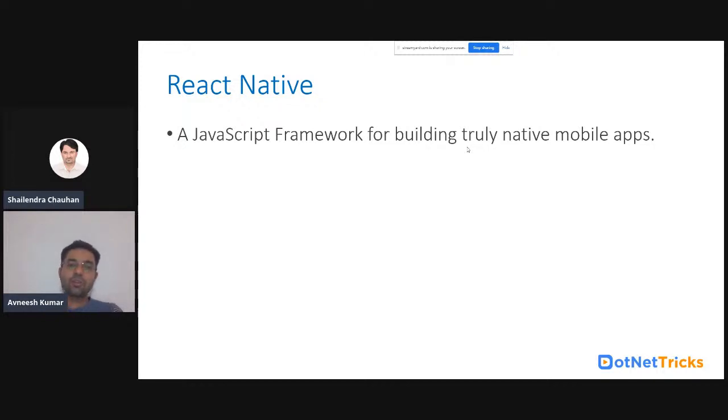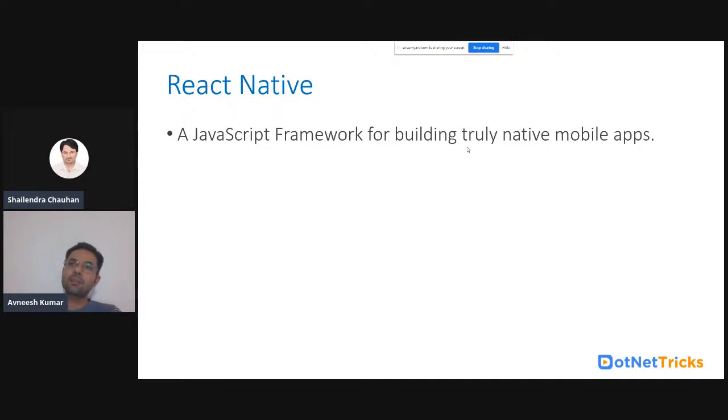But if you only know JavaScript, you need to do a little bit of hard work, but you will become an expert in React Native, right? So I'll tell you how React Native evolved.